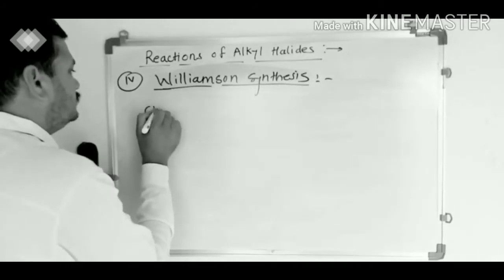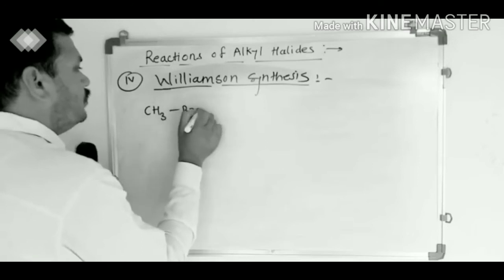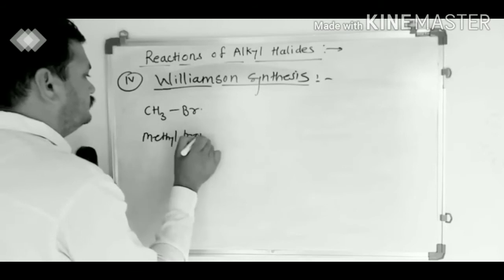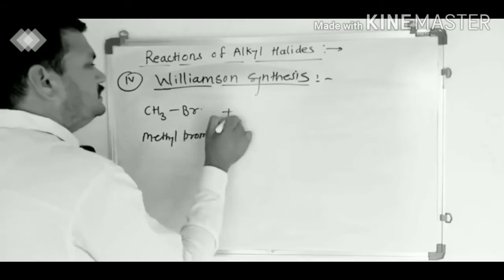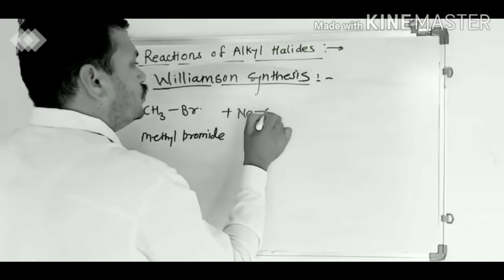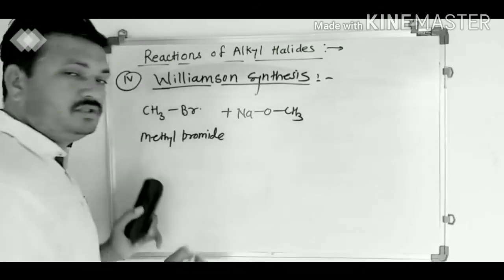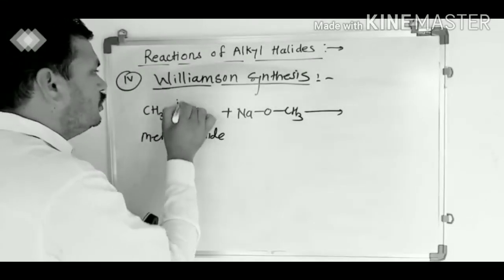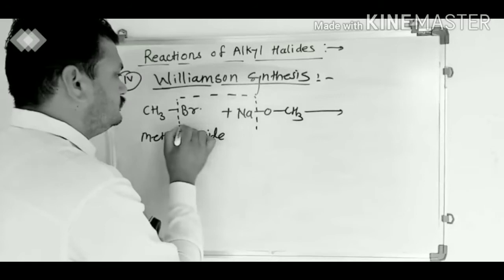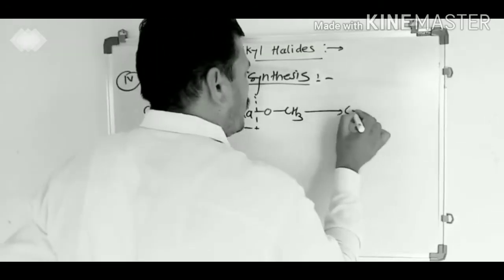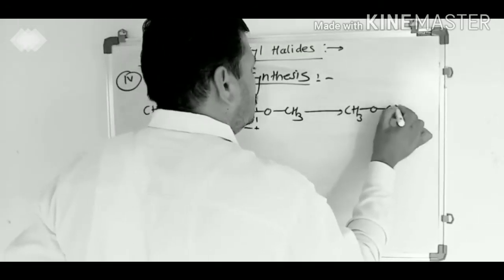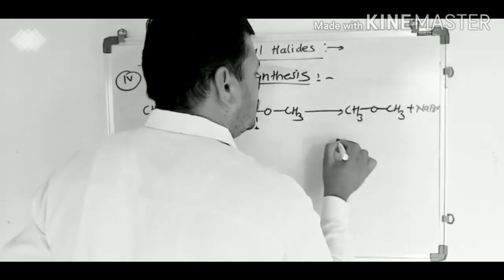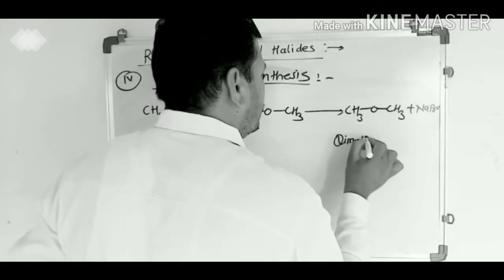When methyl bromide is treated with sodium methoxide, then we know that removal of NaBr and formation of our product CH3OCH3 plus NaBr is the byproduct, it is dimethyl